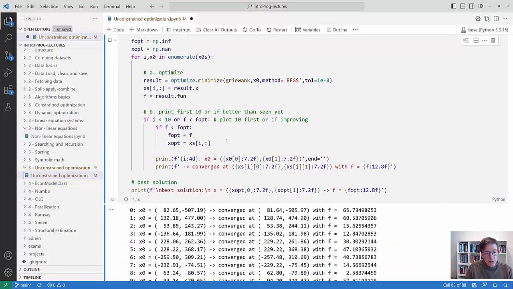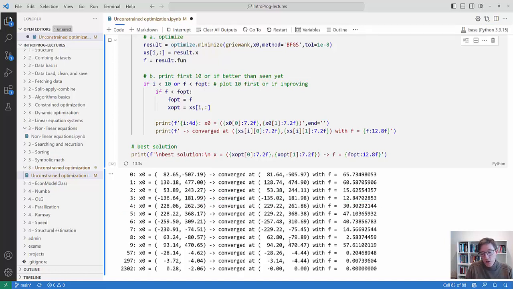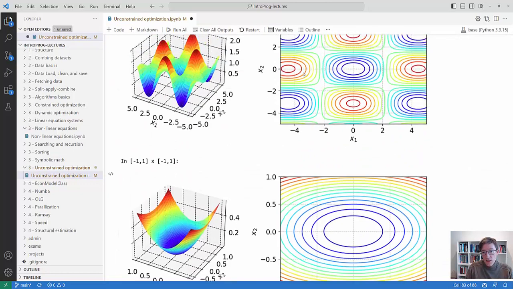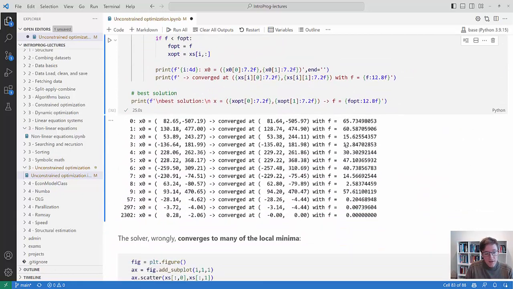So if I run this, then you can see that first I print the initial values that I start at. Those are just random, and then I print what I converged at, and they also look a bit random to be honest. And you also see that the function value is really not 0 here. So this means that it must have converged to some of these local minima that the contour plot up here shows. But we can see that eventually at my 2302nd guess, it's actually converged at a 0,